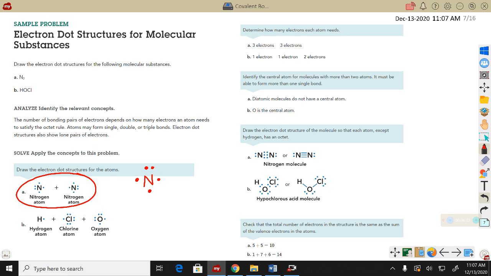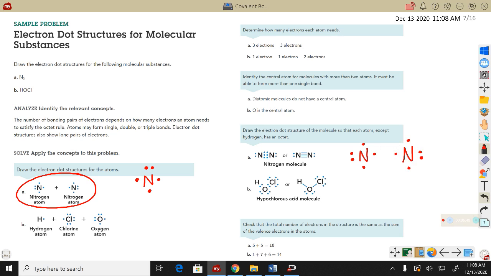We already kind of mentioned that there's no central atom because there's only 2 atoms. So now I can pair up those 3 single sets of electrons. And if I were doing this with the dots, I would think of it like this. I'd have my pair on the outside, my 1, 2, 3 single dots toward the middle, and then I do the same thing with the other nitrogen. But it's like a mirror image. I'm putting my pair on the outside, and then 1, 2,